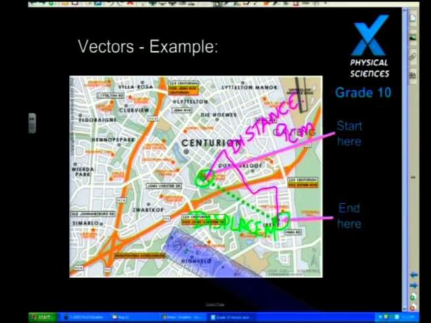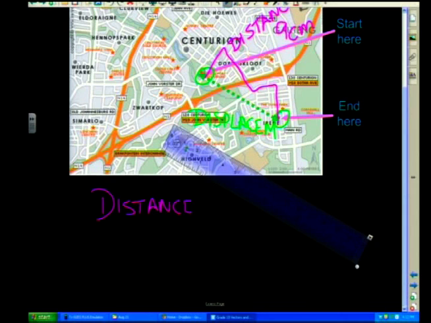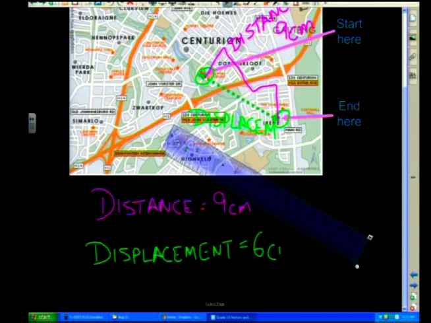Okay, I believe you guys are struggling to see the green. So what I'm actually going to do is make a little bit of space down here at the bottom and summarize it. So let's see what goes on when we compare the two. My distance, let's catalog it as we go. I measured a total distance of 9 centimeters. Okay, my displacement, which I actually measured, and let's keep it in green because you guys know the green was the arrow directly from the beginning to the end. So there's my displacement, and I measured it to be much, much shorter at 6 centimeters.